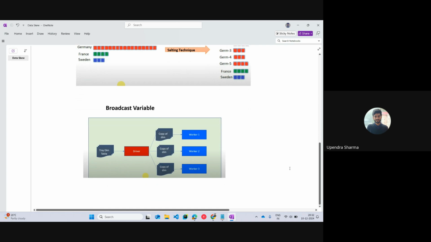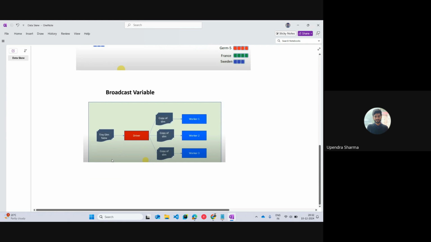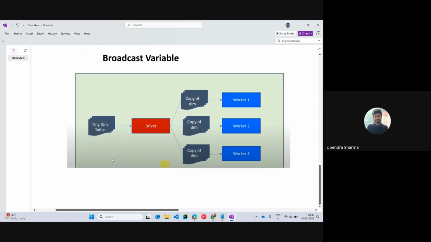Now, the second technique which we can use to handle this data skew problem is called broadcast variable. Now, for example, let's say we have two tables. One is dimension, another is fact table. So basically, fact table will be always greater than the dimension table. What a fact table, dimension table, maybe if someone is already familiar with fact and dimension table, or maybe someone is in this course, they must be aware about data modeling and all. So in data modeling, we have this concept called fact and dimension table. So fact table will always be bigger than the dimension table, right?